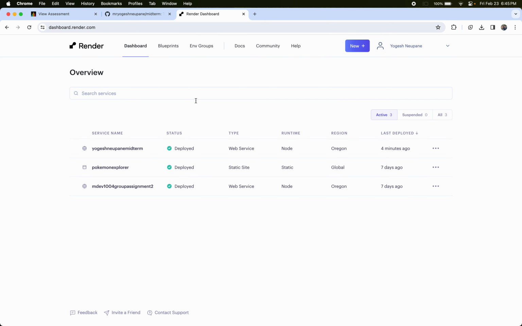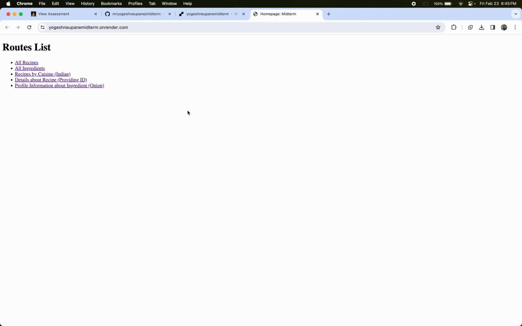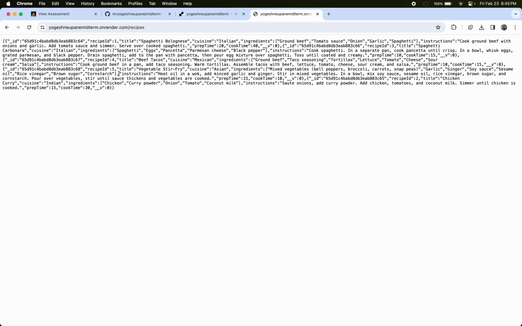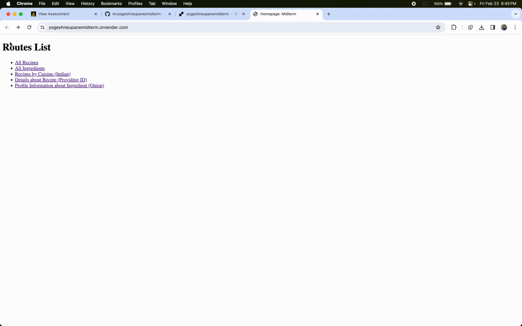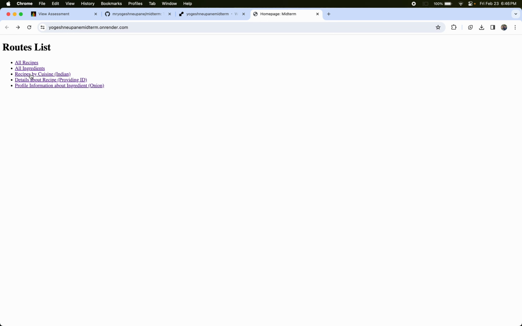So this is my Render and this site is for the midterm. So this is the front UI, and I listed all endpoints in the list, and I can click and get the result. So this is the list of all recipes, and this is the list of all ingredients, and this